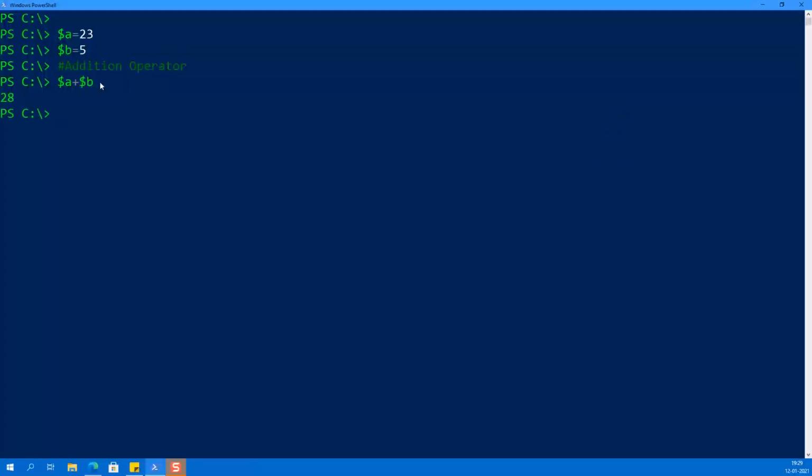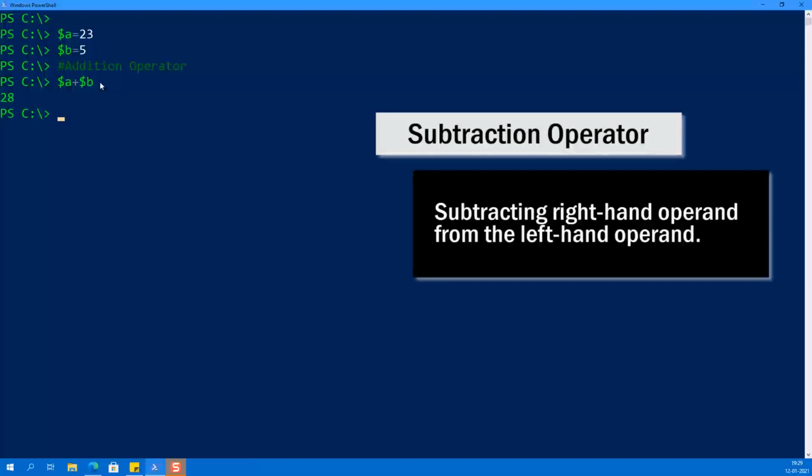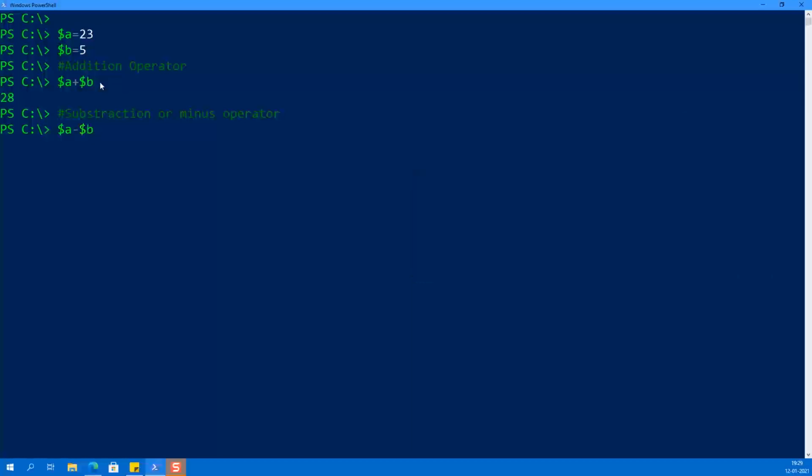Second, we have the negation operator or the subtraction operator. This subtraction operator or minus operator subtracts the right hand operand value from the left hand operand value. So we will type $a, then the subtraction operator, and then $b. Press enter.